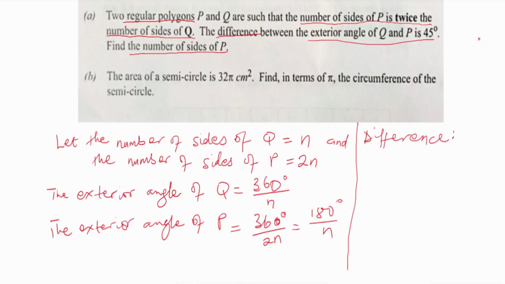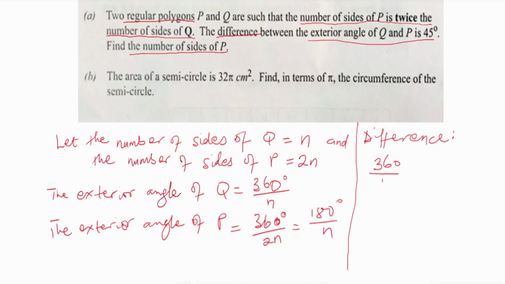Difference simply means the bigger one minus the smaller one. That is what difference means. And if 360 is being divided by a number and 180 is being divided by the same number, I'm sure we all agree that the answer for the 360 will be bigger than that of the 180. So the difference is going to be